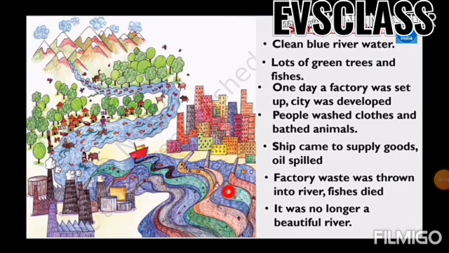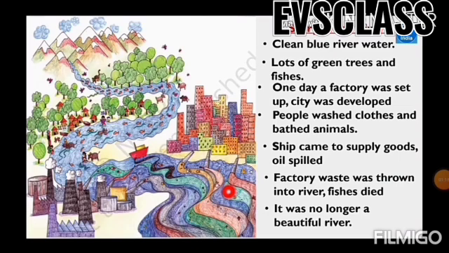Here is one question in your textbook, page number 106: read the words given below and use these words to make a story. Observe the picture very carefully, students, read the words given below, and give a title to your story also. The words are: boat, flowing water, blue fish, water plants, river, foul smell, big ship, oil, river banks, factories, washing clothes, animals, other work, change, city. By using these words you create one story, students.